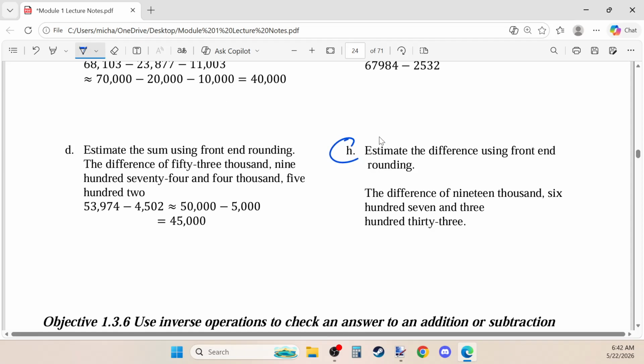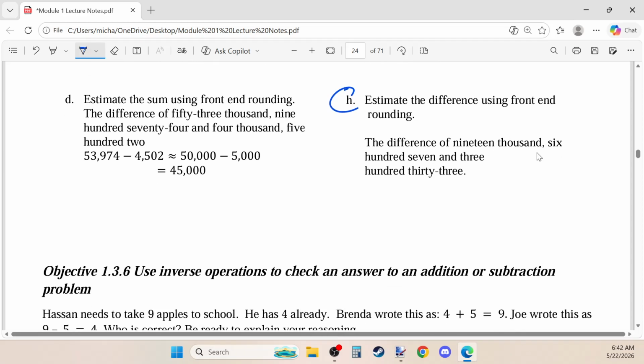I'll do this one next. So let's practice converting this from words to Arabic numerals. So we're doing a difference, so we are subtracting. I'm going to write this vertical. We also want to use front-end rounding. So, yeah, I'll write this vertically. We have